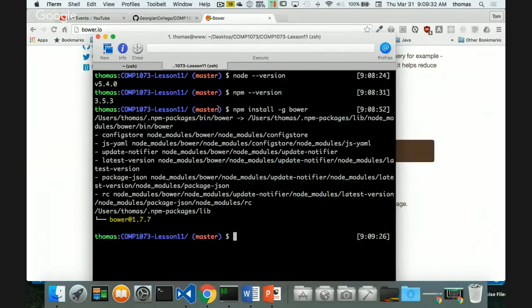If you can't do this, and by the way, if you're using a Mac, you may have to do sudo npm install as an example, because just doing npm install like that is a problem for Mac users, or if you're using Linux. Now, who has that problem? Anyone on a Mac, are you doing sudo npm install? Okay. You can get around that by